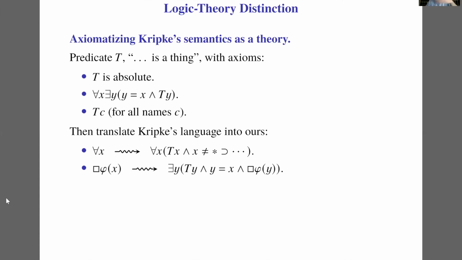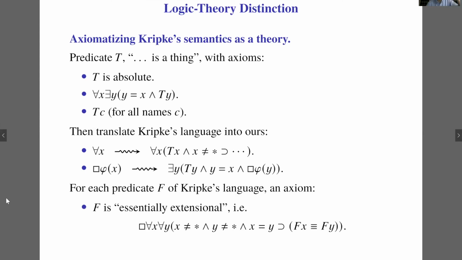So x satisfies phi necessarily means that there's a thing intention y that coincides with x, and this y satisfies phi necessarily. And then for each primitive predicate, we can introduce an axiom saying that it is essentially extensional, and so on. Anyway, the point is that this translation